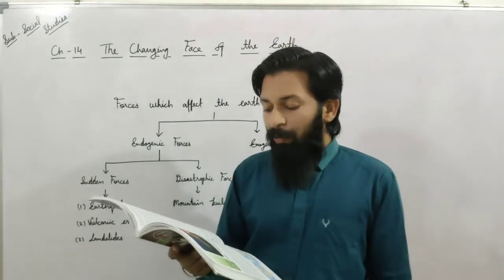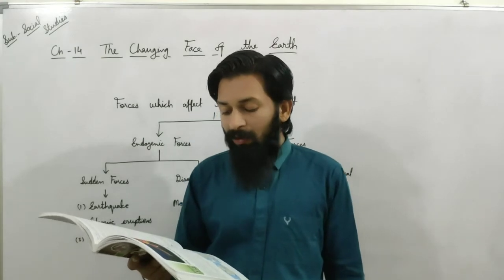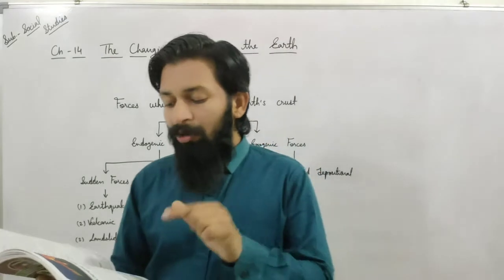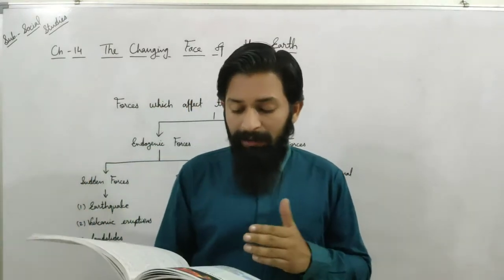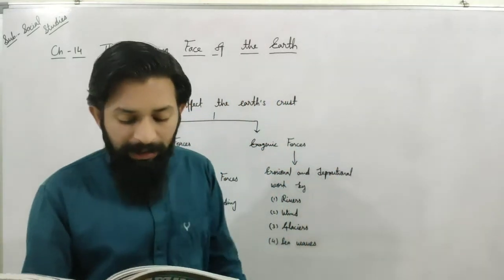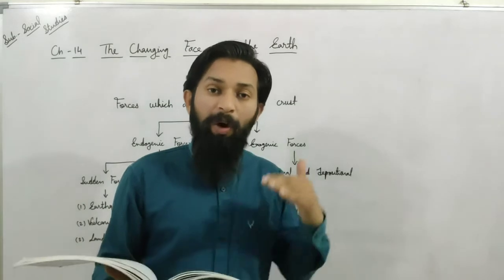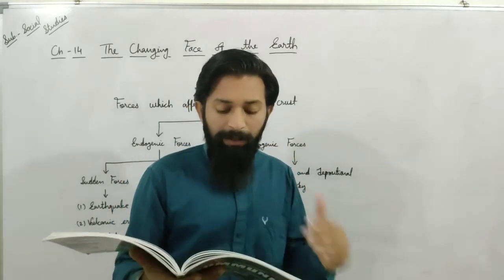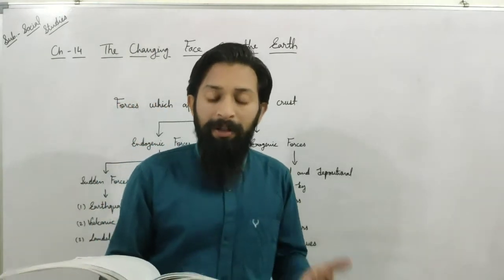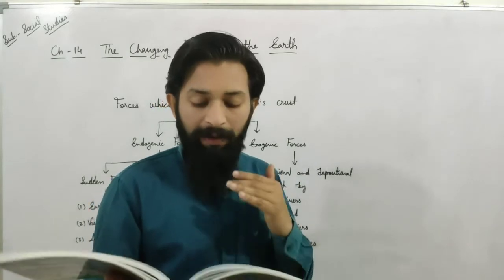Wegener's theory was improved upon by adding the idea of seafloor spreading. The new concept is called plate tectonics. After that, one major theory was also given by scientists. Plate tectonics says that the earth's crust consists of plates. Inside the earth, in the interior part, we can find plates known as the lithosphere or tectonic plates. Dear students, we will call them tectonic plates. Many tectonic plates are there inside our earth.